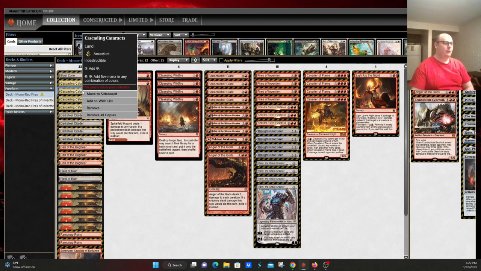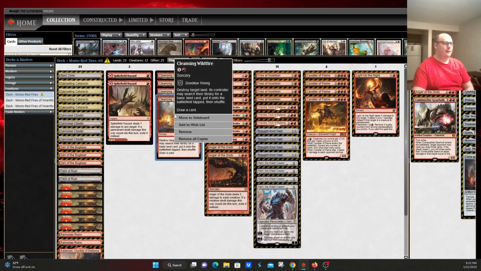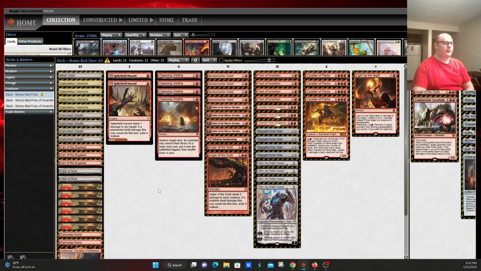The reason this is important is the card Cleansing Wildfire. It says destroy target land. Its controller may search their library for a basic land, put it on the battlefield tapped, and shuffle, then draw a card. If you happen to target an indestructible land, this effectively accelerates you by 1 land and also allows you to cantrip, while also having utility against some of the greedier mana bases in the format, potentially running them out of basics and kind of stifling their ability to cast spells, though this is mainly to accelerate you into your